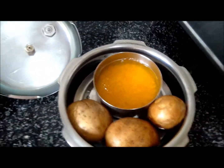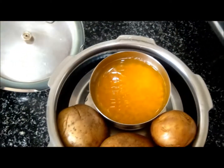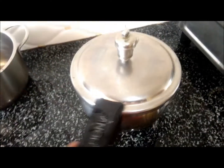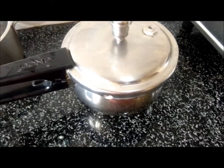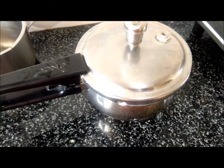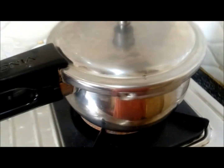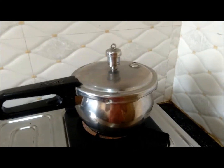We are adding a few drops of oil so that it does not spill out in this cooker, and we are going to pressure cook it about 5 minutes on slow and 2 to 3 whistles on high. You need to cook or boil dal on low flame for a while so that it gets cooked thoroughly. So I will put this on the gas stove, and once this is done, we will make varan